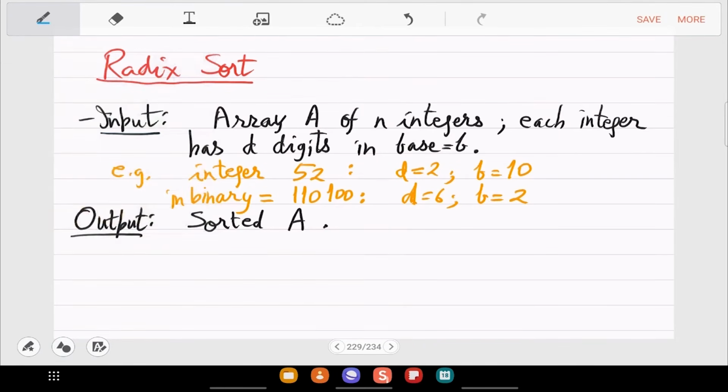Yeah, so quick observations are that here, what is K? How big are the keys? So the maximum you can write here in d digits is something like b to the d. So that will be your k if you were going to use counting sort. The key values are around b raised to d. I mean, they cannot exceed b raised to d, but they can be quite close to b raised to d.